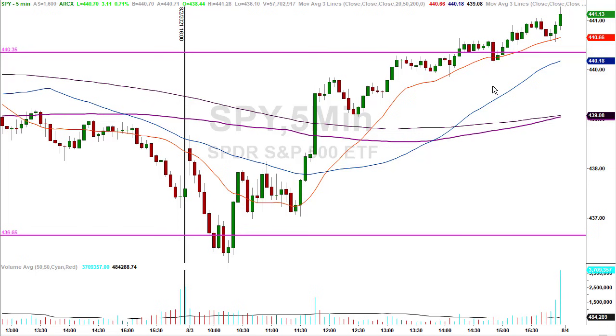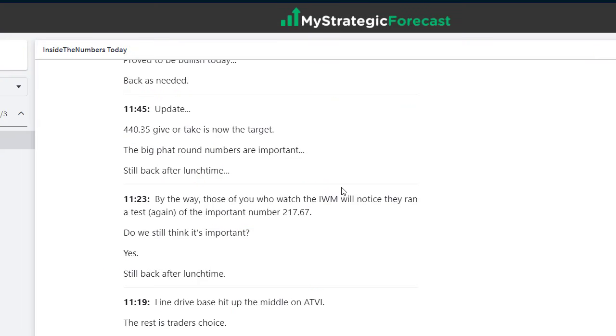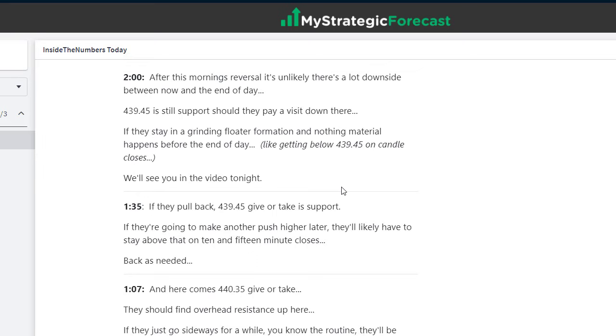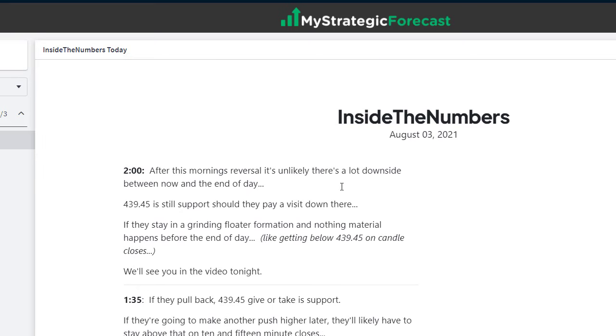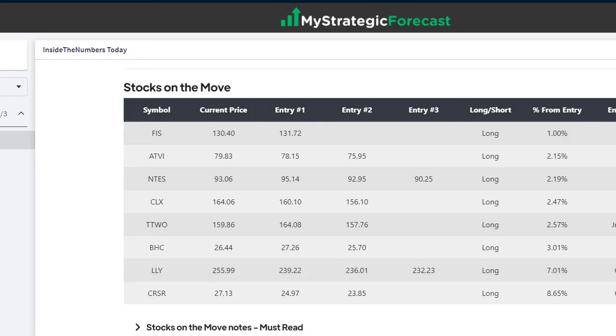These are pennies. These are short duration charts. This isn't the big picture. I'm just helping you understand that even if we see something on a 5-minute chart, you have to realize that the same type of things, the same type of information, and the way we look at the charts is applied to all the different time frames. And we're moving along. Again, pause the video, read the notes, go back to the charts to double check the work. Stocks on the move.